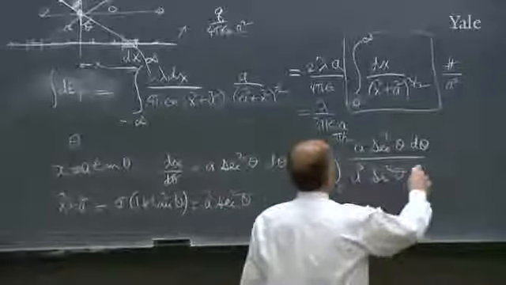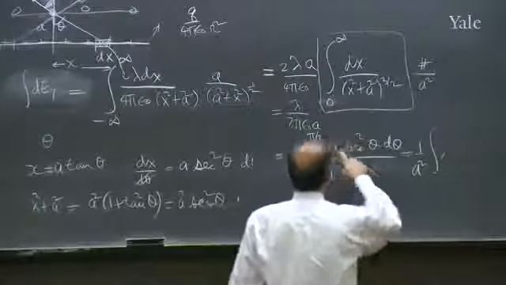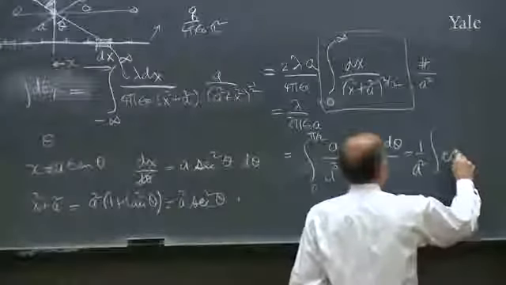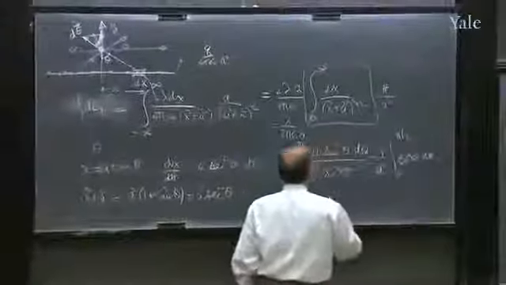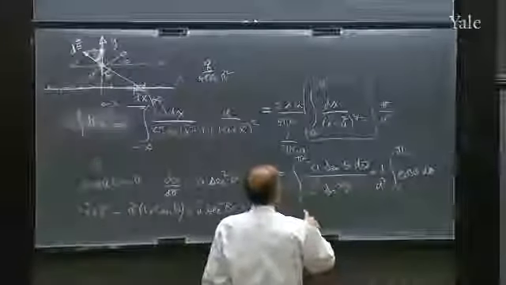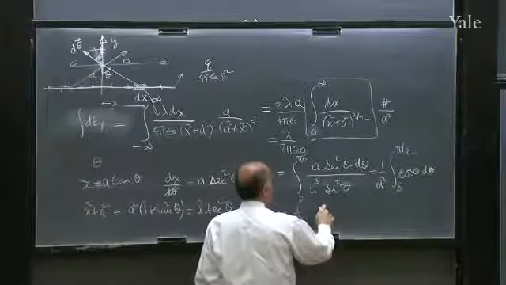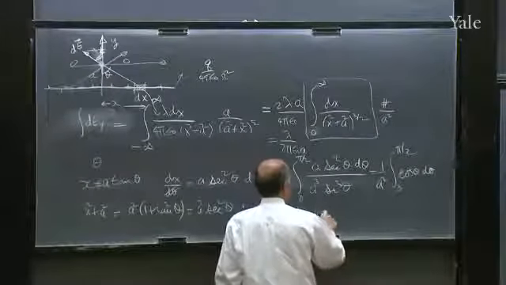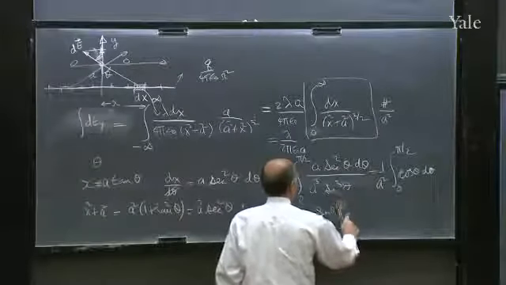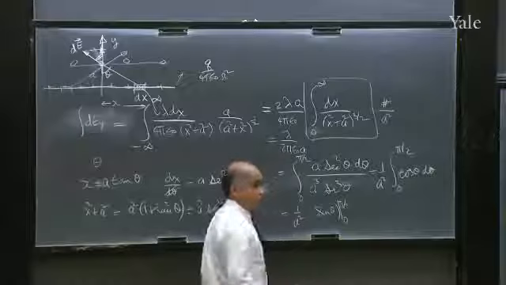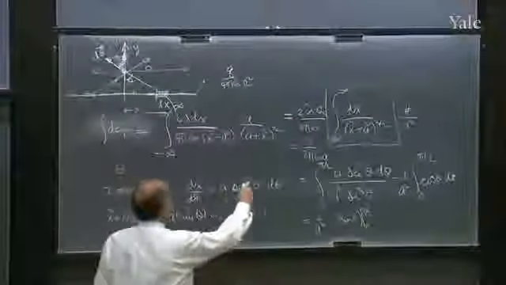So what do we get? You can see, as promised, I get a 1 over a squared, and I get the integral of 1 over secant theta, which is cosine theta, d theta, from 0 to pi over 2. Yes. And the integral of cosine is sine theta, from 0 to pi over 2. That just happens to be 1. So the final answer is what I gave you here,